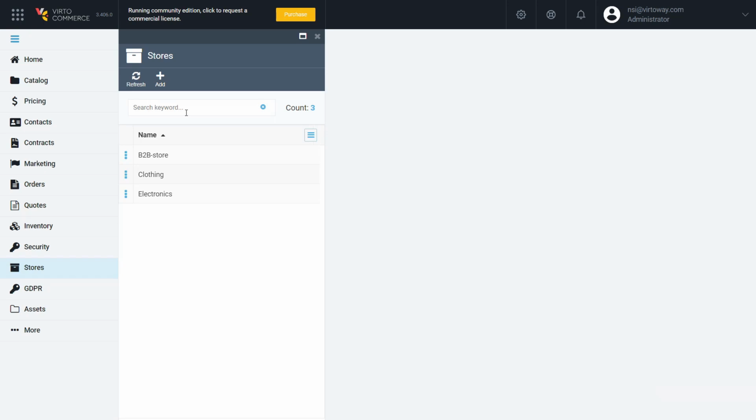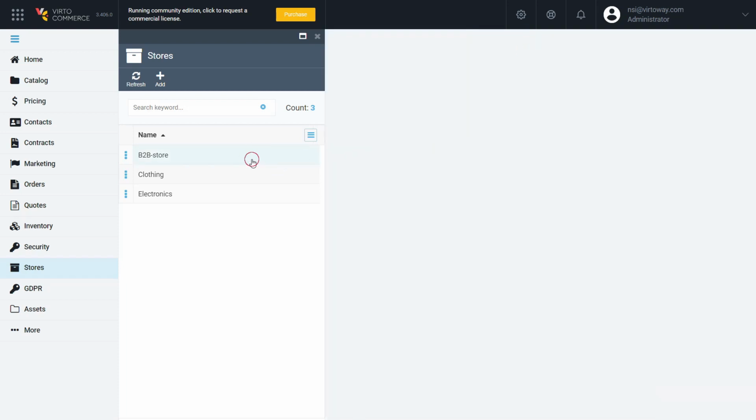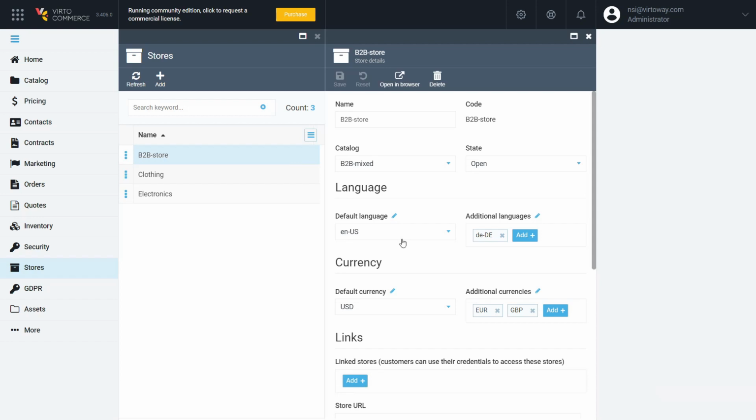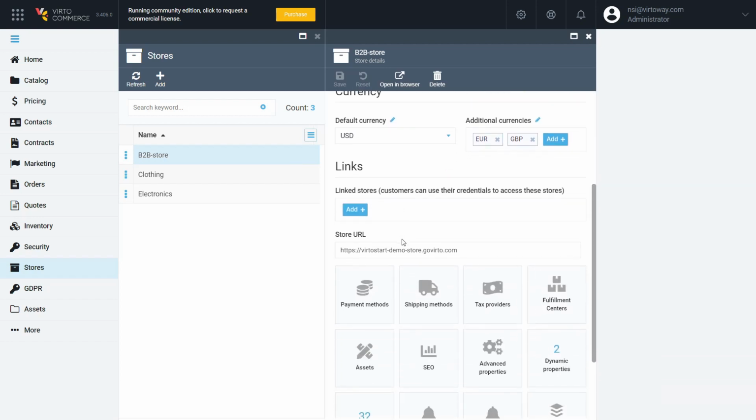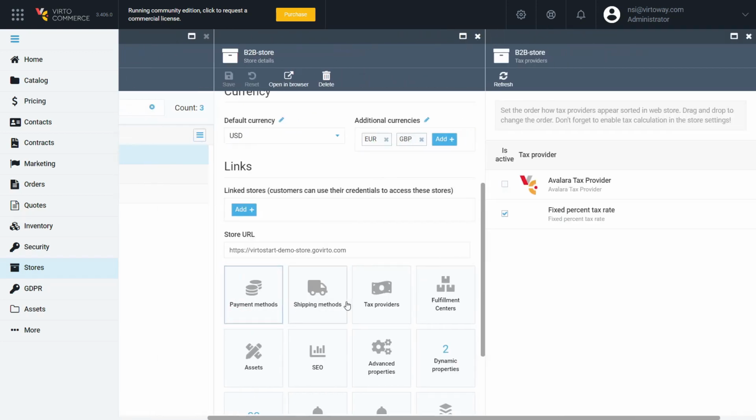From the backend point of view, to create a channel, we should create a store. When you create a store here, it will automatically appear in the API. For each store, you can select all the necessary internationalization parameters, such as language or currency. You can identify all the dependencies that are important for the functioning of the new store. For example, which payment and shipping providers should be available for this store, which warehouses are visible to end users,